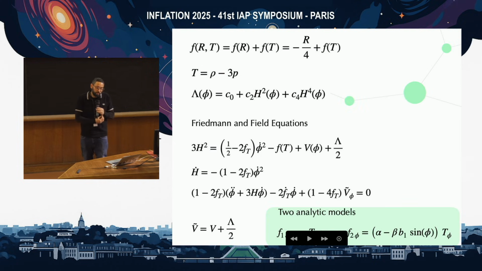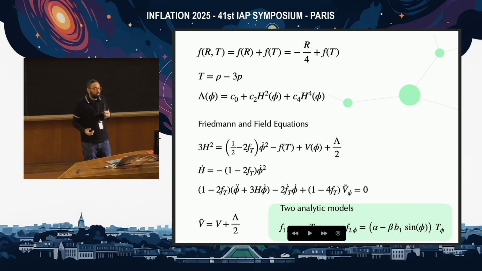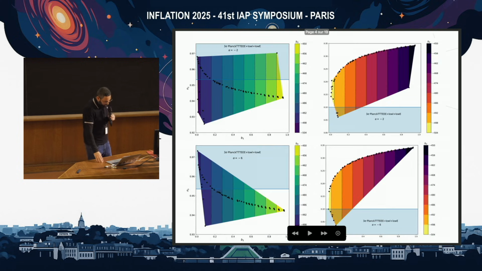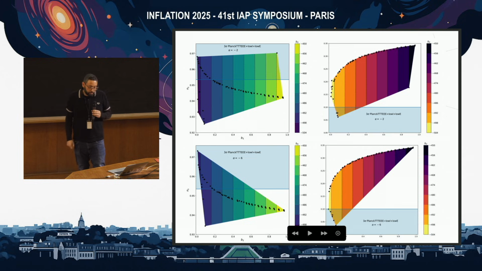Here, for simplicity, I'm showing an example where we tackle the problem with GR in the gravitational sector and with a linear component of T, which is the trace of the energy momentum tensor. But we can generalize the method to other theories of gravity. So we're able to write the Friedmann equations and also to solve them. And we find some analytic models that we tested against the latest data set from Planck. We use the data set to constrain some of the free parameters that appear in the process of finding the solutions for these Friedmann equations.